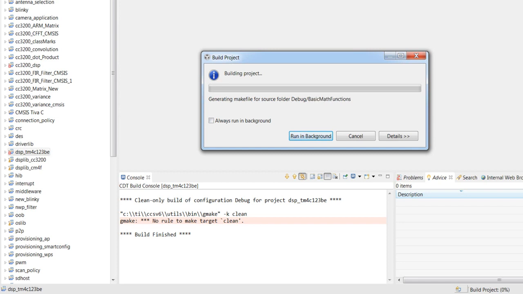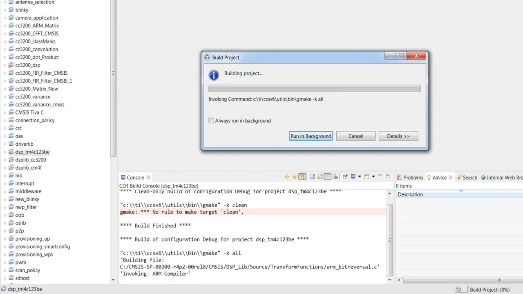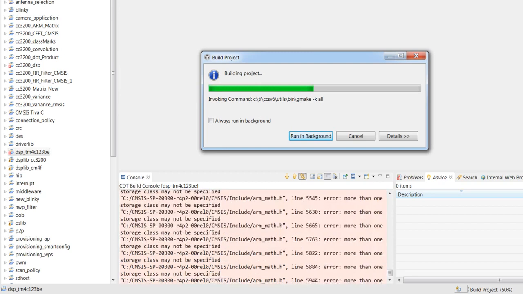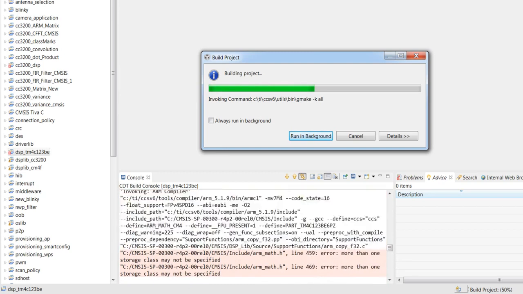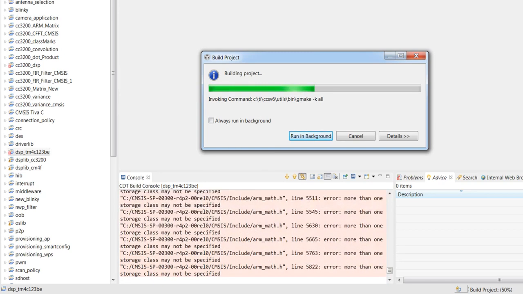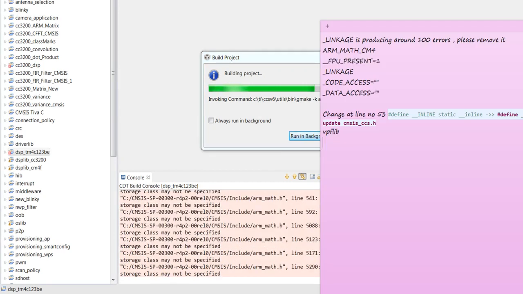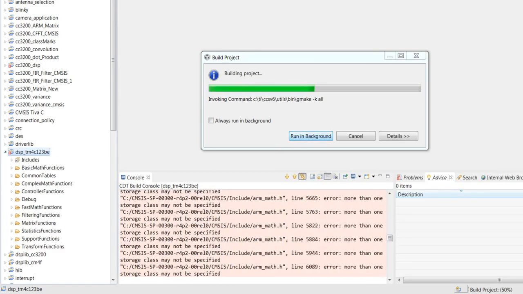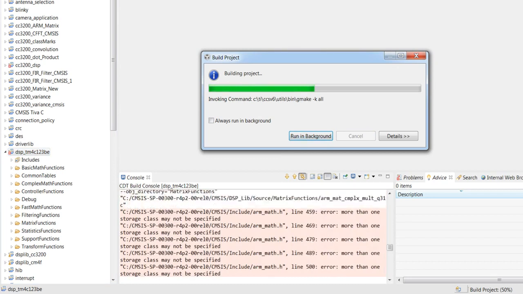There is an error, no rule to make the target. Okay, let's see what will happen. You can see there are lots of errors. Just wait, then we have to change something in the project, and the change is this one. We have to change line number 53 in linkage.h. So click on this file and then cancel it,